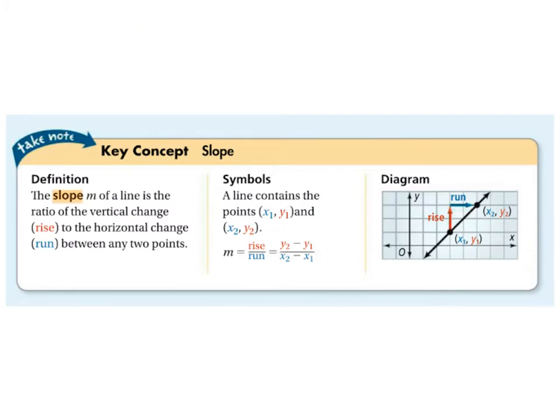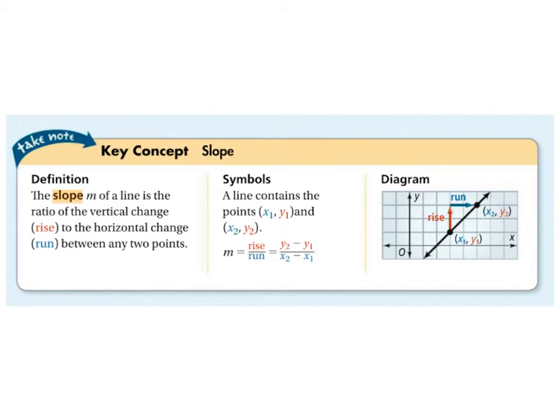Hi, kids. Okay, so hopefully this is just a review, but what we're going to be doing here is eventually writing equations for lines and graphing them, and finding their slope is the first thing we're going to do here. So slope, which we use the cursive letter m to describe, the slope of a line is the ratio of the vertical change, how much you rise, to the horizontal change,